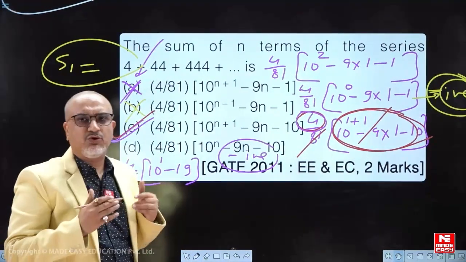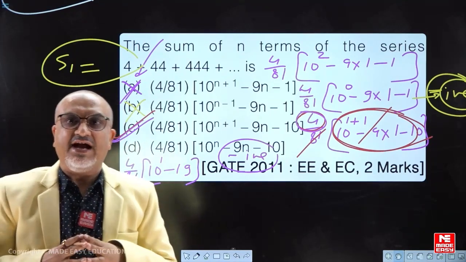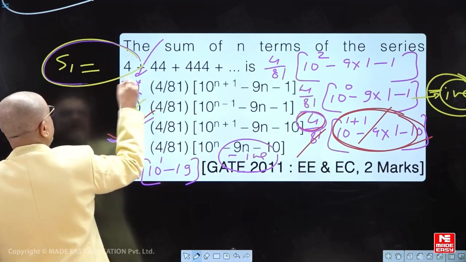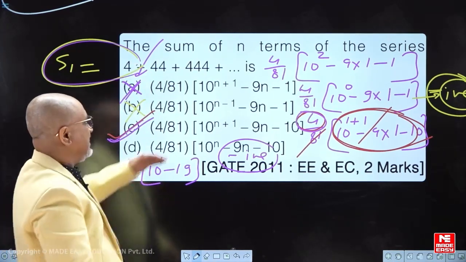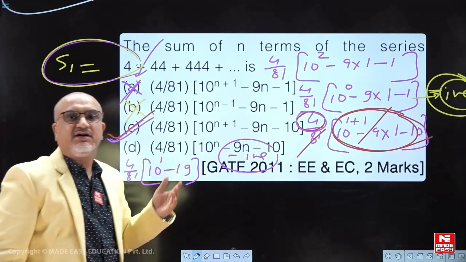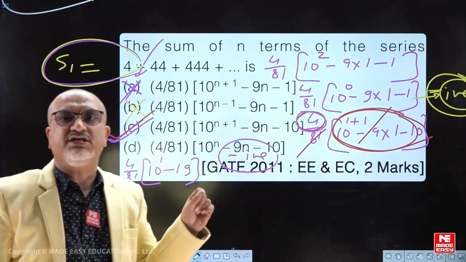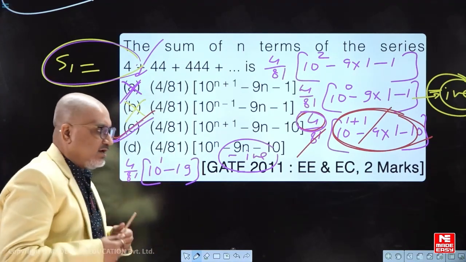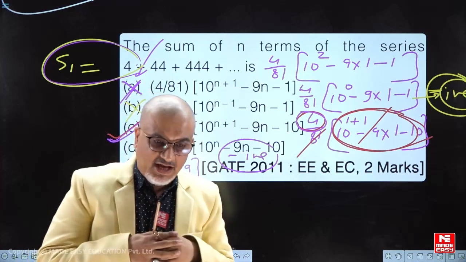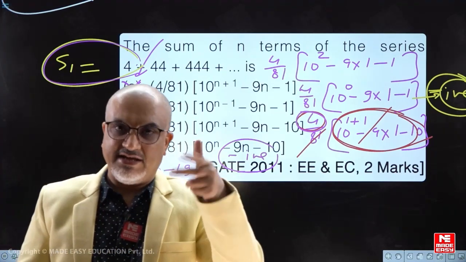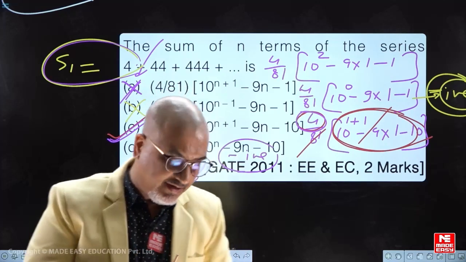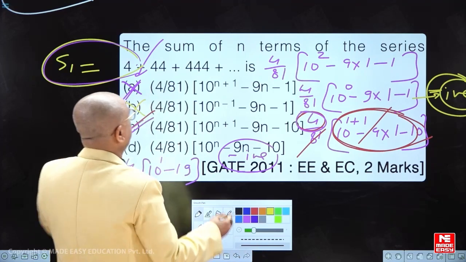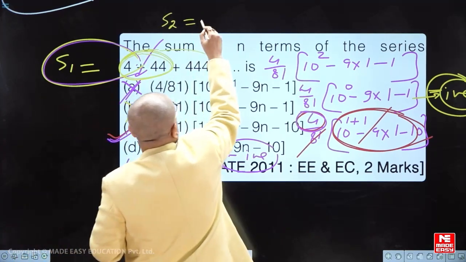This is solving the question by options and truncating the question to a shorter question. Question को क्या बना लेंगे? Short बना लेंगे. Sum up till first term हमने check करा. n equal to 1 तमाम ऑप्शन में हमने रख दिया और पाया कि सिर्फ ऑप्शन C उसे satisfy करता है. इसलिए answer is option C. Now at times it can happen कि दो ऑप्शन satisfy हो जाएं. At times I will take a further question to elaborate it. हो सकता है कि दो ऑप्शन satisfy हो जाएं. यदि दो ऑप्शन satisfy होंगे, sum up till two terms should come out to be 48.